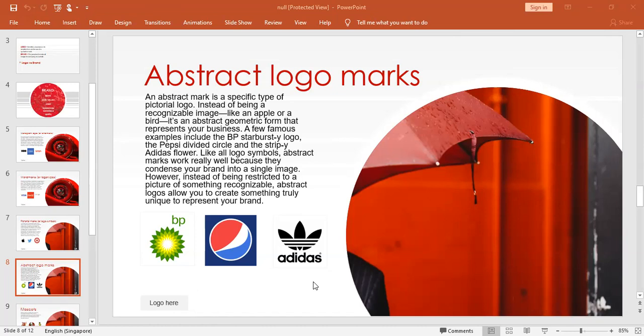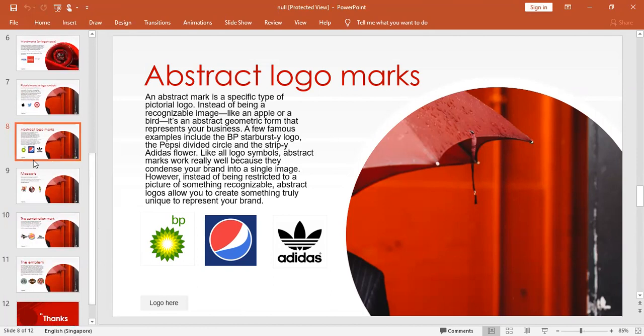So when it comes to logos, just with only the text, you can design a logo, or just with the illustration or an icon, you can create a logo, or an abstract logo. That means a logo which will include an illustration as well as text. In the Pepsi logo also you might have seen, that is not just an illustration. At the bottom of the logo, they have mentioned the text of Pepsi. So in Adidas, even BP and everything, all those logos, they have included their name with their logo, right? So that is what the abstract logo design is.